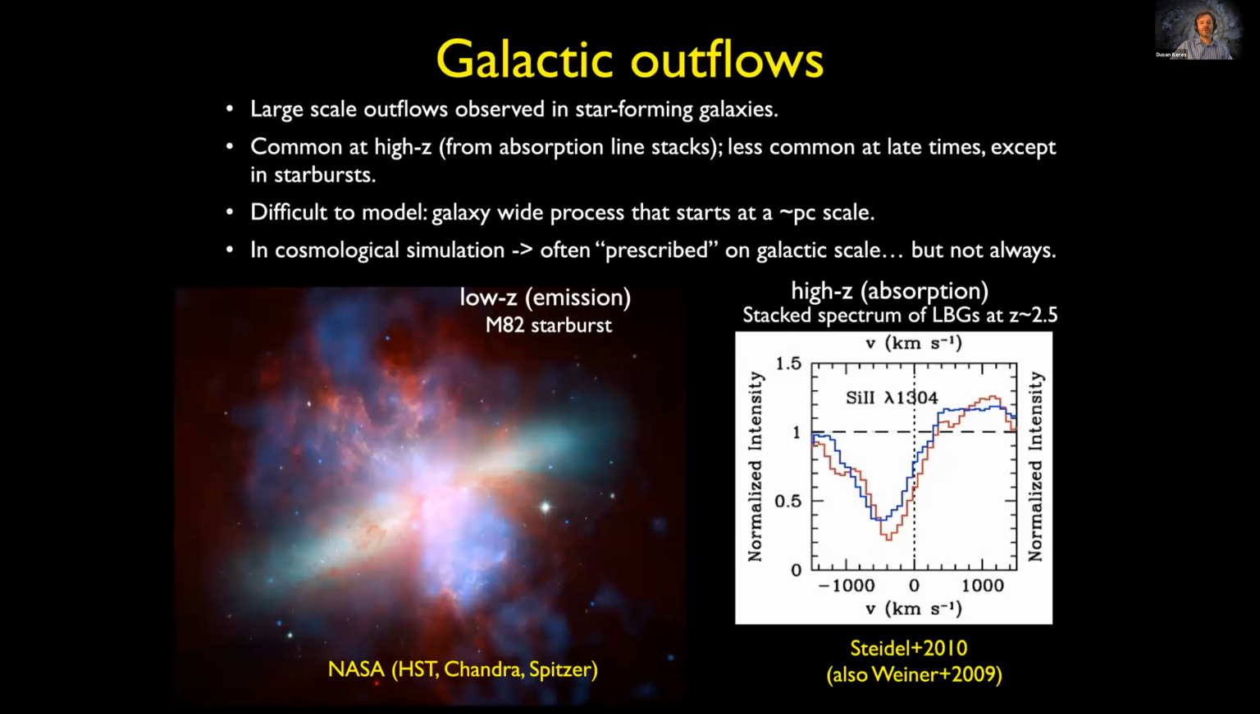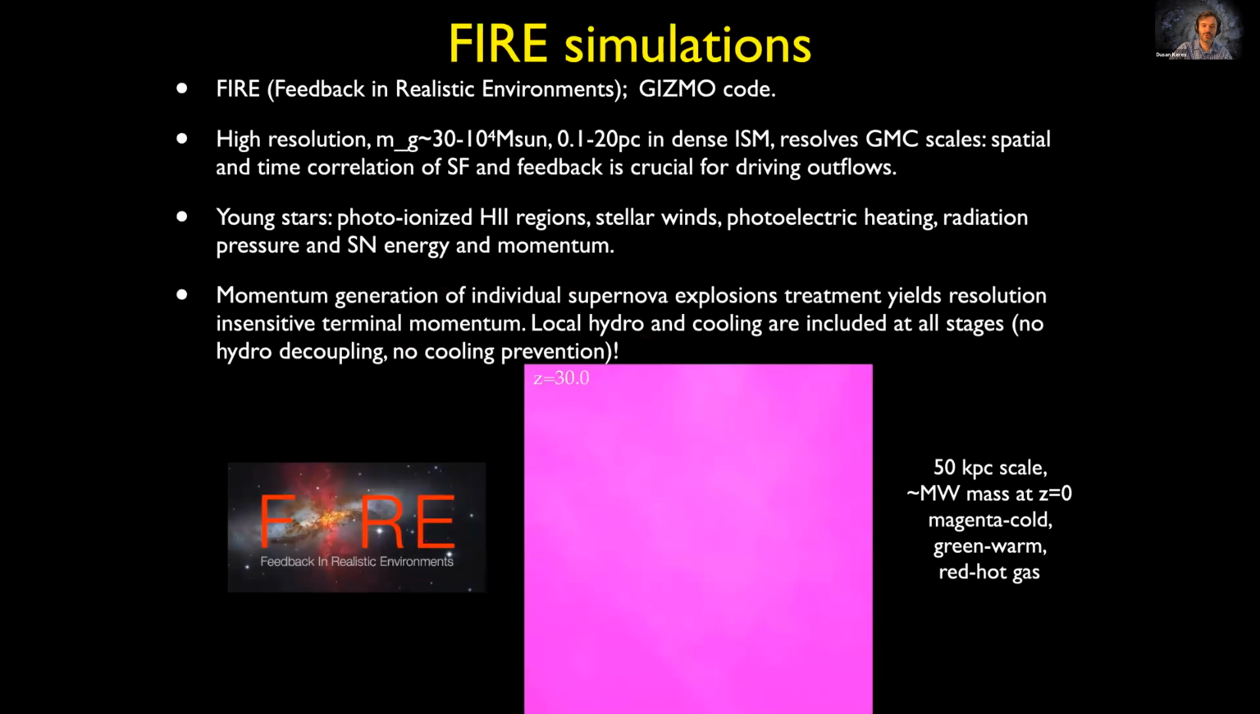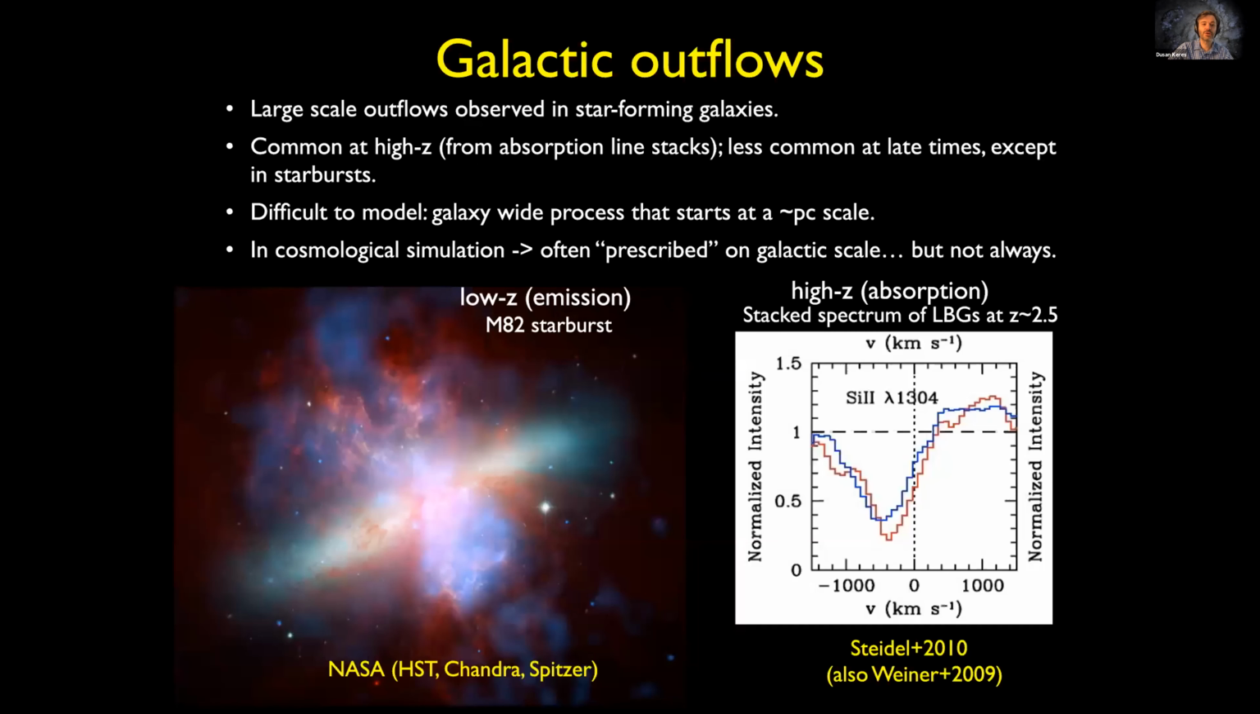All right, so how does the stellar feedback affect galaxies? Well, we see galactic outflows at all times. So large-scale outflows going to kiloparsecs, sometimes even tens of kiloparsec scales, are seen in star-forming galaxies. They're common at high redshift. So whenever you stack any kind of population of galaxies and try to find their absorption spectrum,